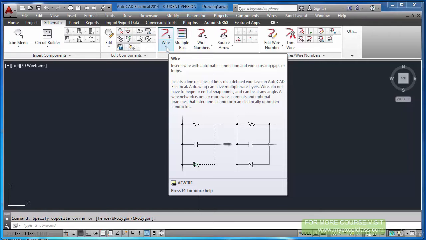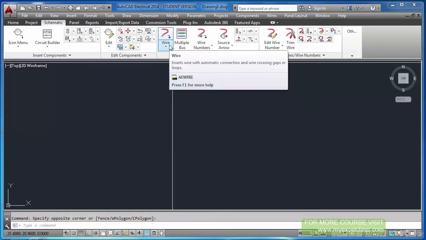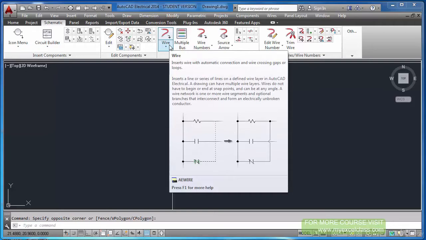You can read this, and at the bottom right you can see AE wire. That is the command which you can give through the command line at the bottom of the AutoCAD screen.